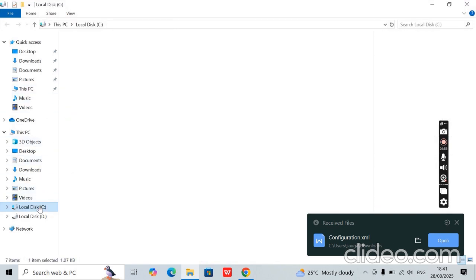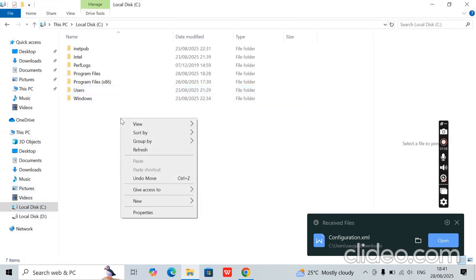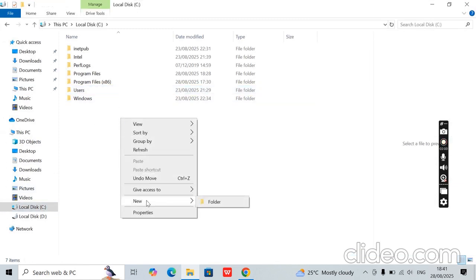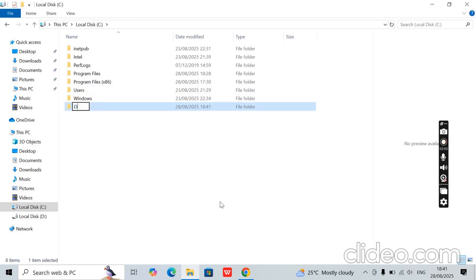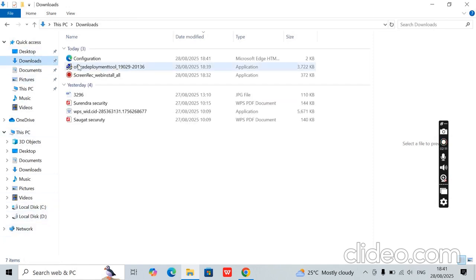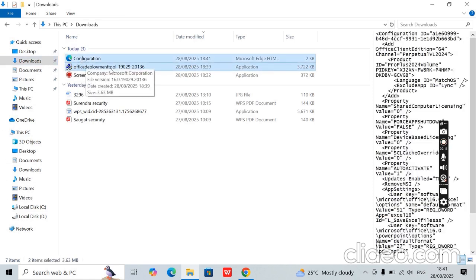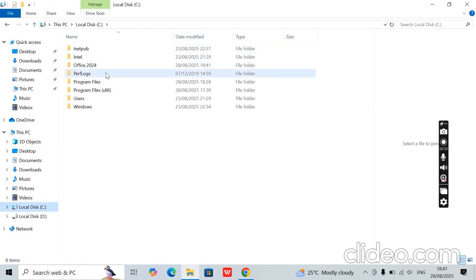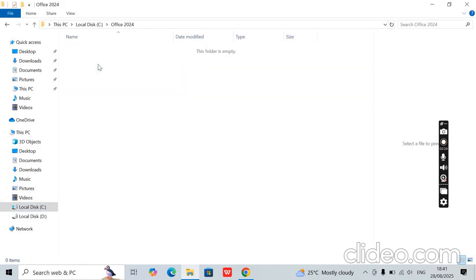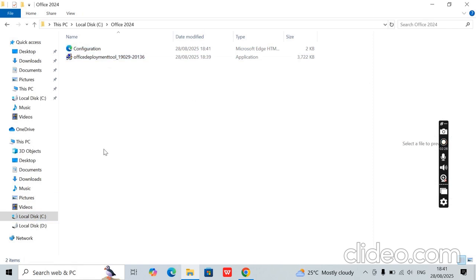local disk C, create a new folder, new folder, Office 2024, then go to downloads, select this both, then Control X to cut it, go to Office 2024, Control V to paste it. Okay,